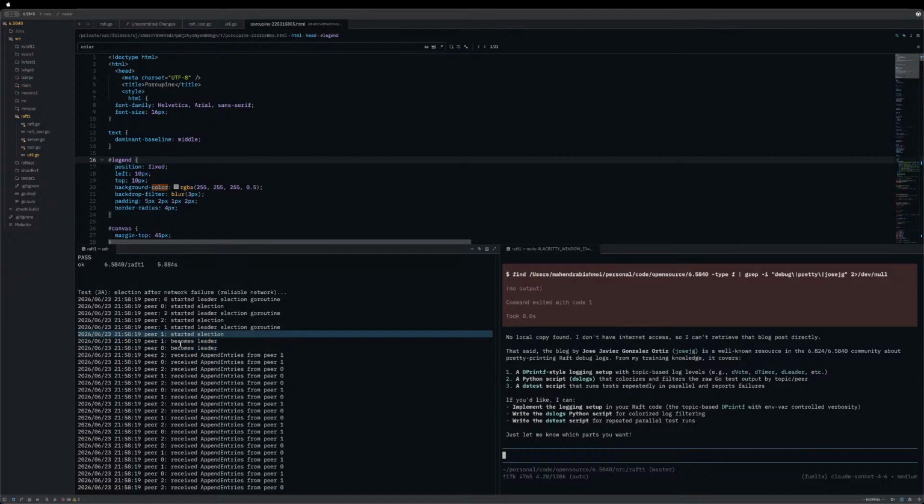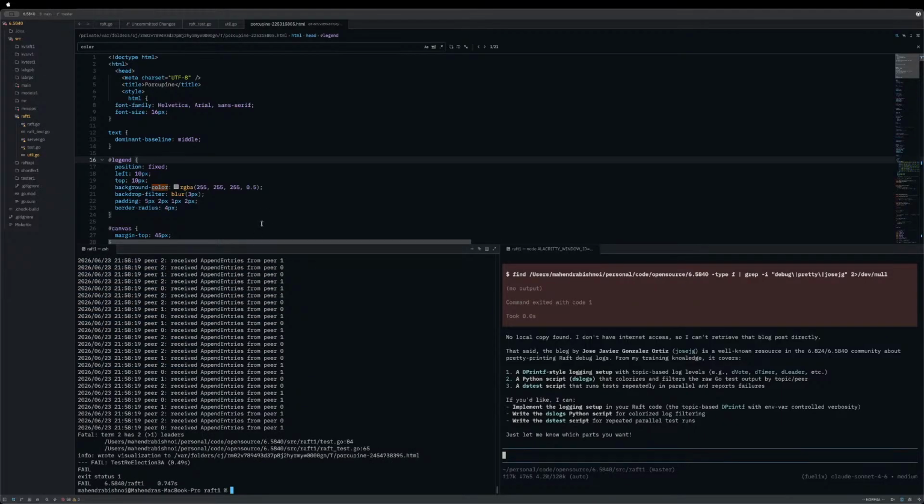Initially only started leader election. That means